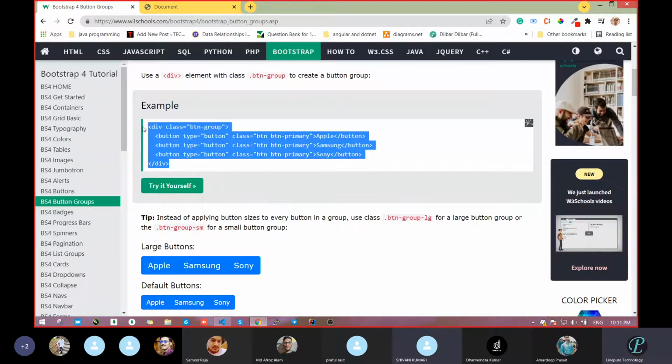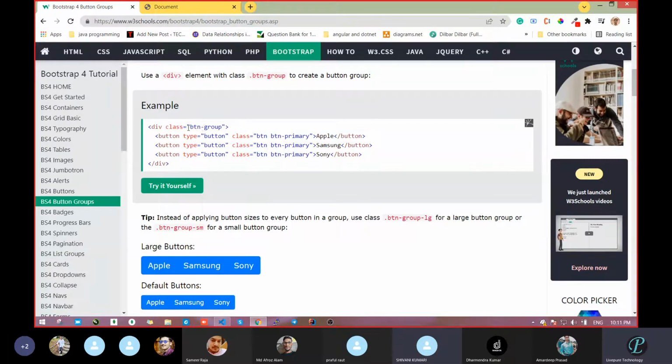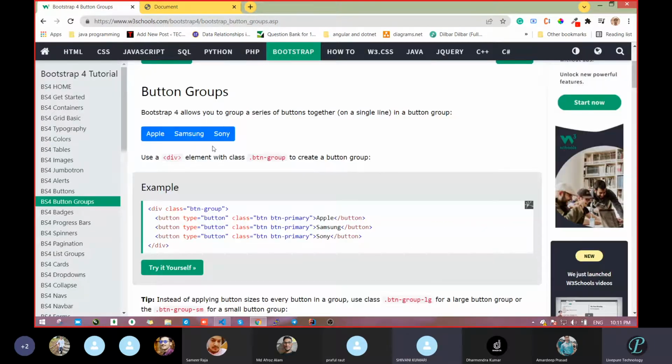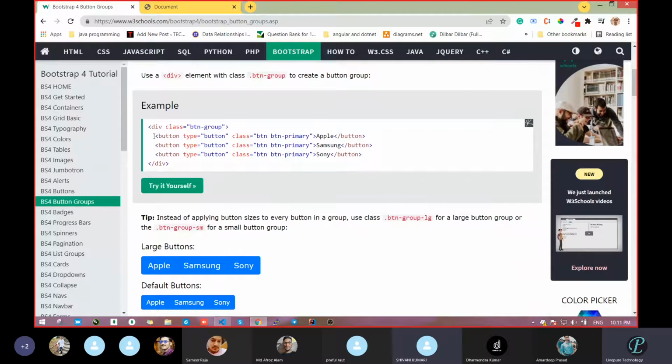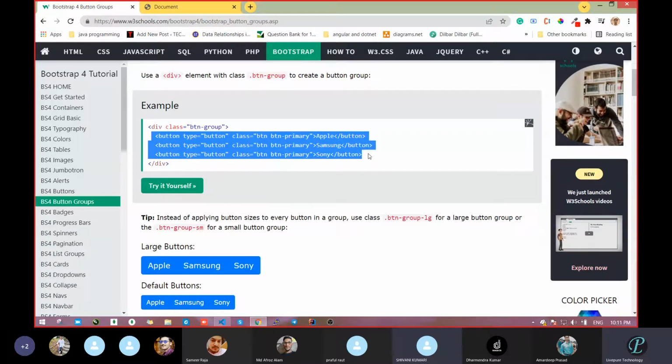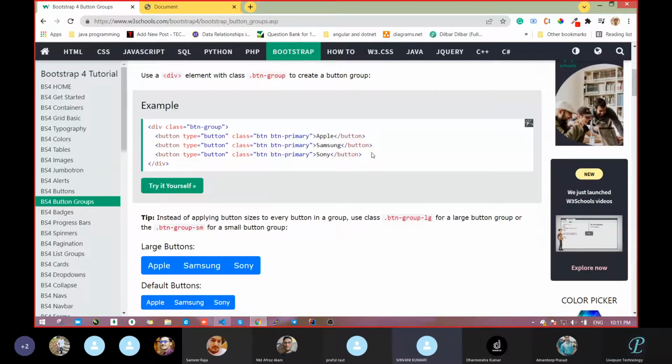So how can you do this? First we have to take one div, and inside it the class name will be btn-group. With the help of btn-group, you are grouping the buttons together, and inside it are the normal button classes. Clear? Just now we saw the button, where the class name is btn and btn-whatever color you want. But the main role is played by the button group.